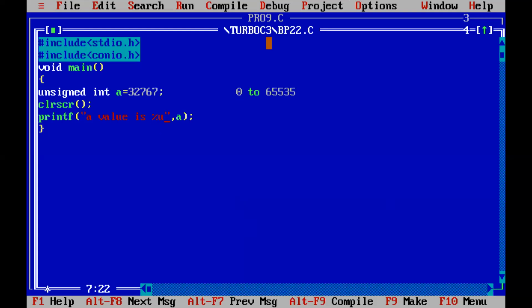That is the difference. So see here, earlier when we printed 32,768, it did not print properly. What was printed? -32,768 was printed. Now by using unsigned integer, I will print 32,768. See here, I will remove this data.